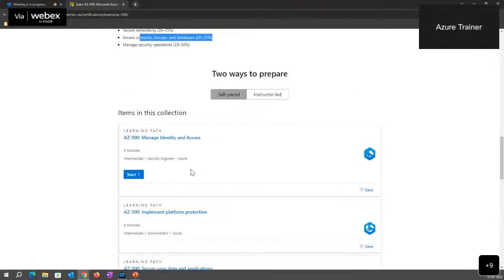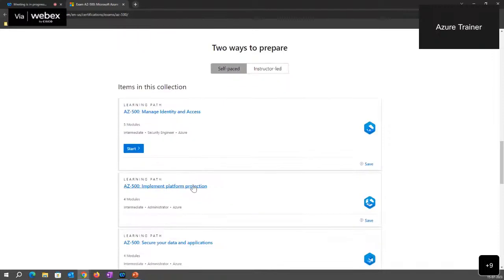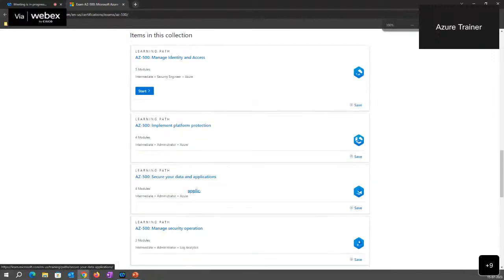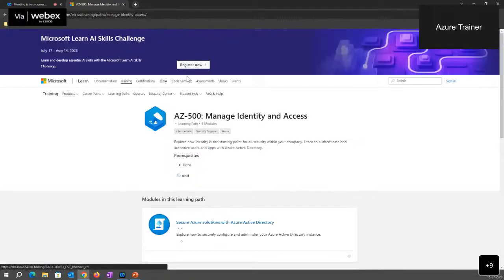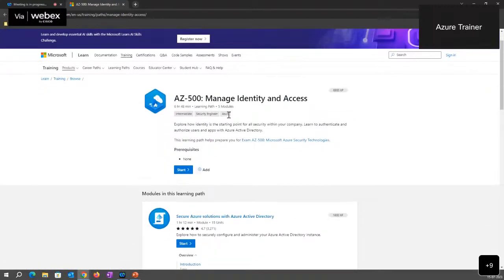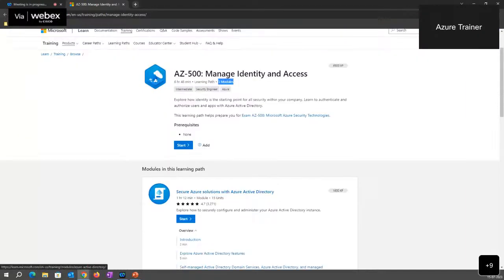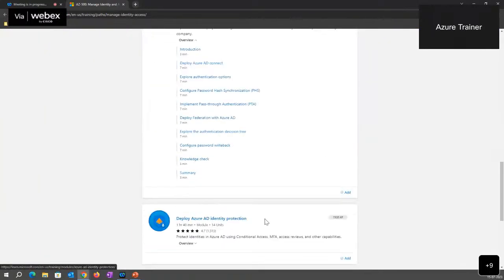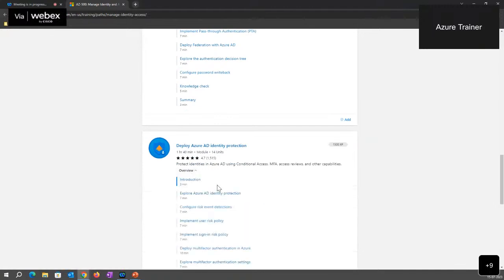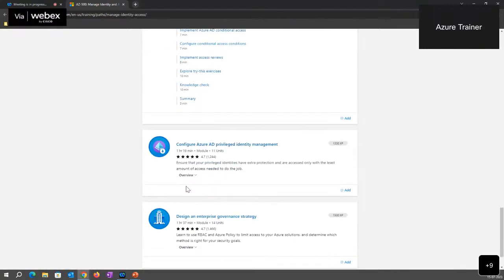Now, if you go inside this portal, Microsoft has beautifully explained all these details in a module-based way. You may be able to see, if you take identity management, Microsoft is saying, hey Robin, you need to cover the 5 modules here as a learner. So we'll be discussing Active Directory, AD Connect, and identity protection. And you can see we also have a discussion about identity management or governance strategy. So what I'm trying to say here is